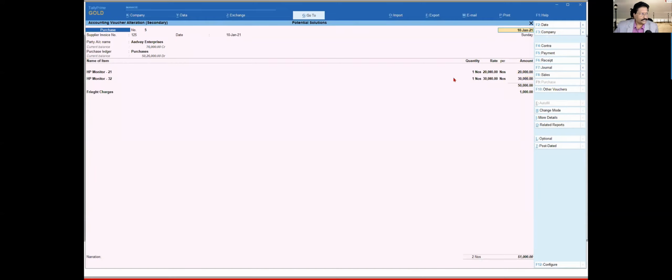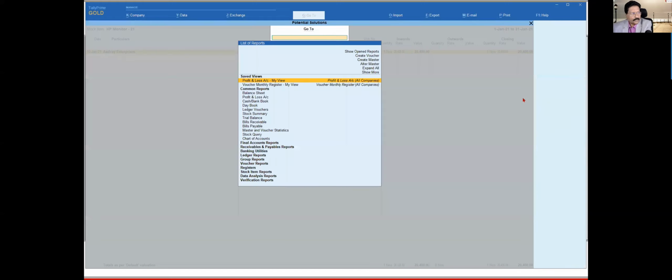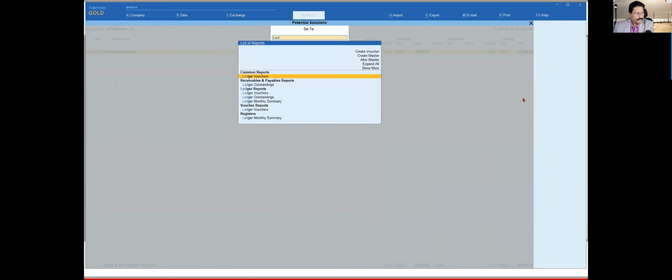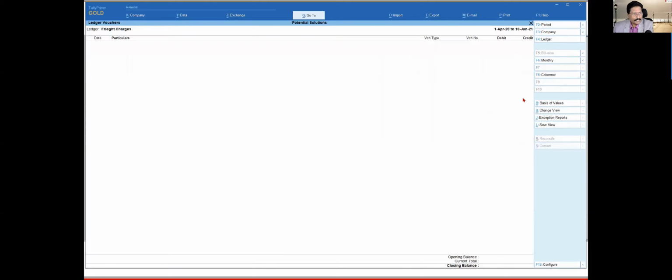And when you go into the ledger, you will see this ledger having 1,000 rupees being selected, but this 1,000 is already impacted as part of your inventory. So now when I view my ledger, let's say I go to Alt G, then I'll say ledger vouchers, enter, and I'm going to say freight charges, enter, and no values are getting captured in your accounting records or accounting books.